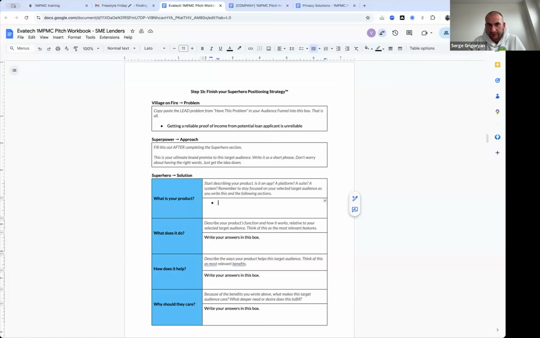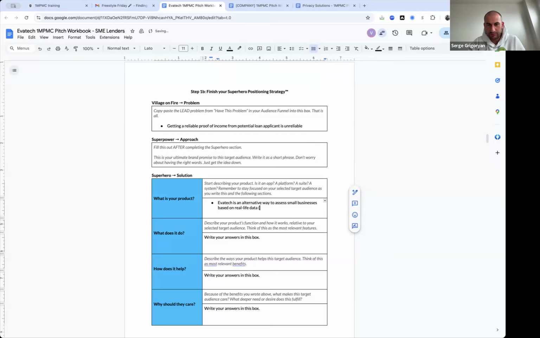It is an alternative way to assess small businesses based on real life data. If we go ahead, I'll give you an example.